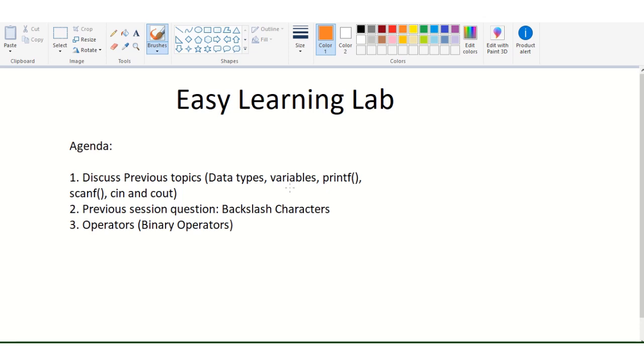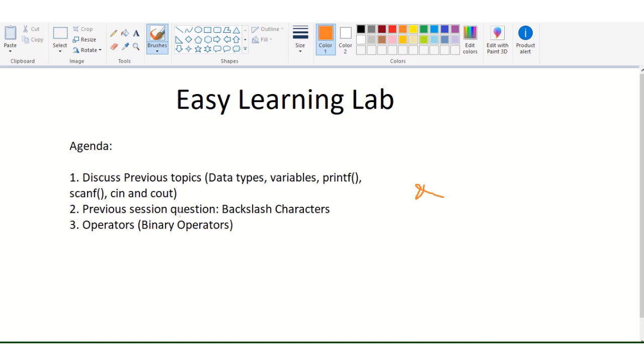We also discussed the address of operator in the previous sessions. If we want to get the address and print it, then we use the address of operator, right? This is the address of operator.